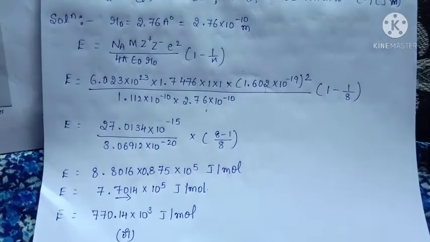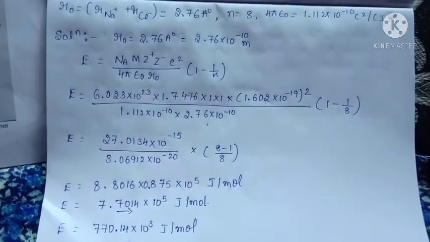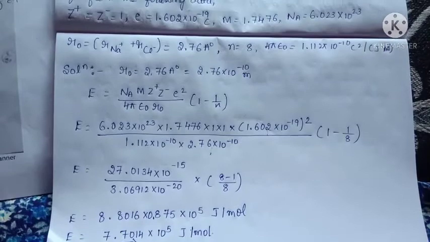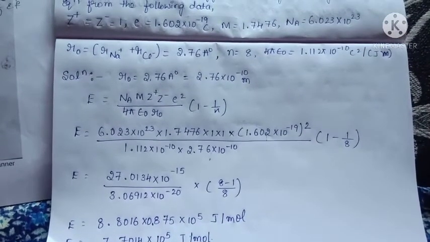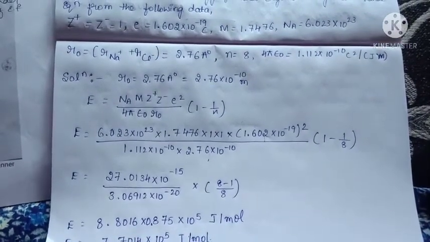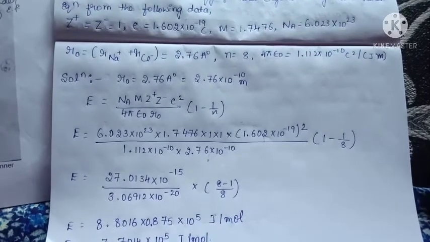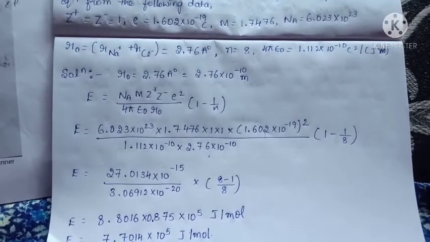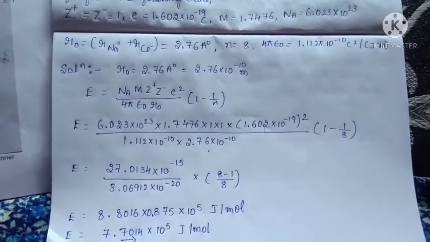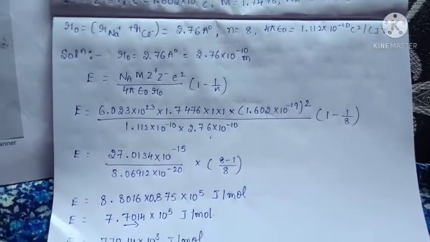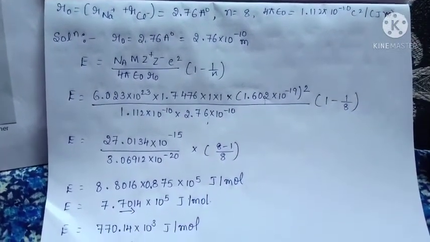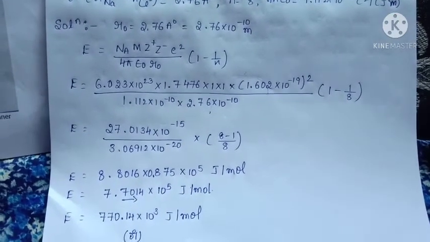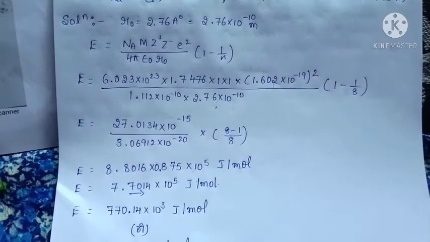6.023, the Avogadro number value, and the M value, and the Z plus and Z minus values, into 1 point, next the E value, 1.0602 into 10 to the power of minus 19. Okay, and the N value and 4 pi epsilon naught and R naught value. You have to multiply those things and carry the powers.